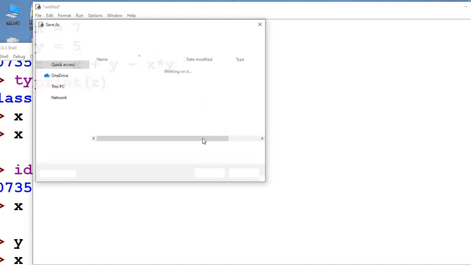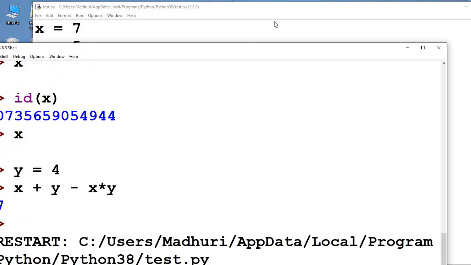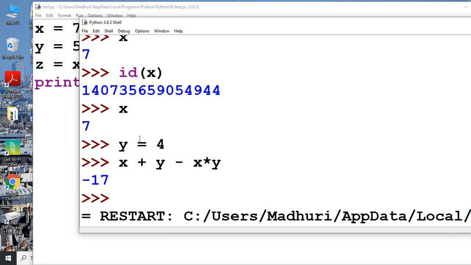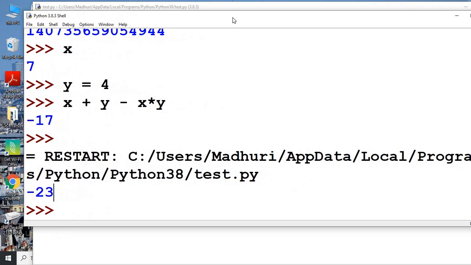You can save this file under some name, so I write test. The file name will be something.py. The py extension is for Python. You save it, and you see the result in the interpreter window. This is how you do your programming.